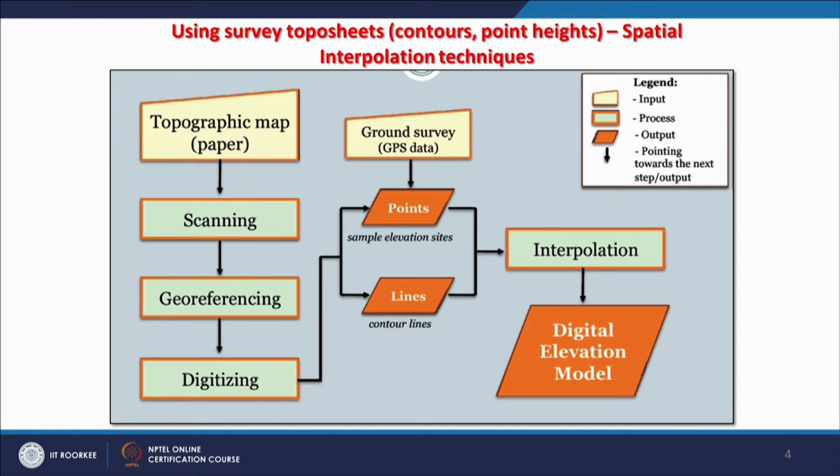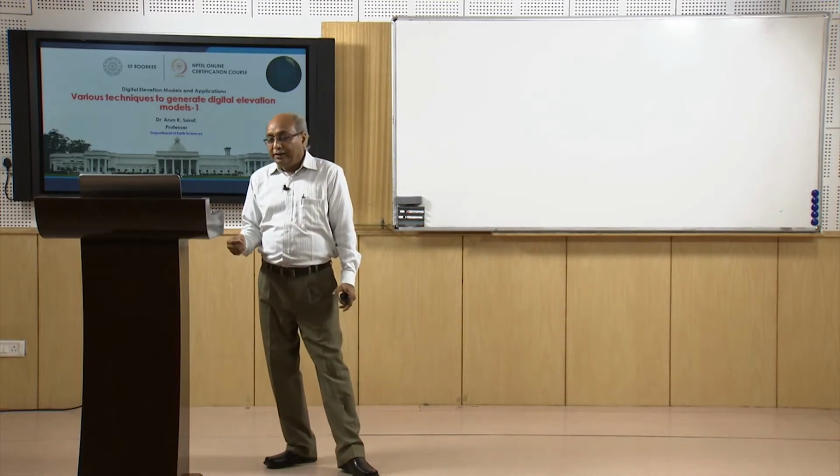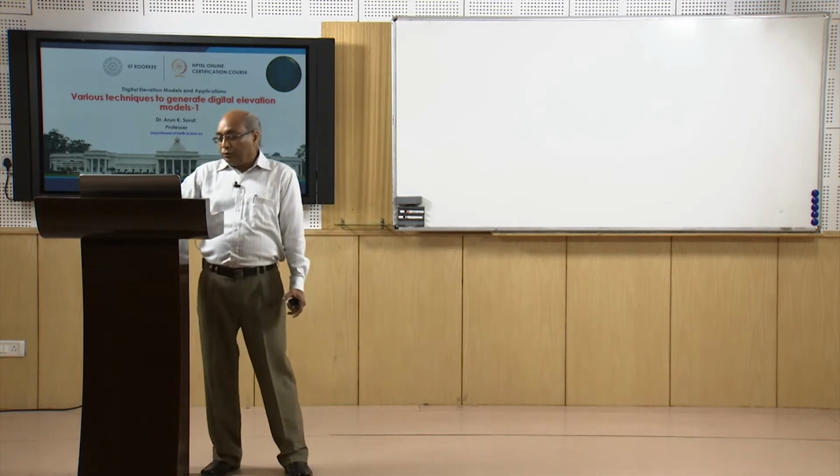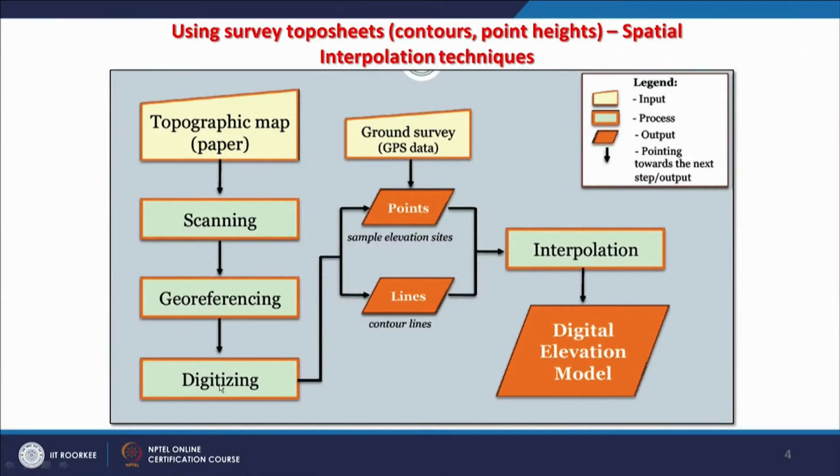If they are not already available in digital form, then the first step is scanning using a flatbed scanner or some roller scanners. Then we do the georeferencing, that means bringing the geographic coordinates into your scanned image, because that scanned image of a map will be in a geometric coordinate. By employing the georeferencing technique, which has been discussed in detail in the GIS course, we can digitize individual contour lines and point heights, and then we get these two outputs,